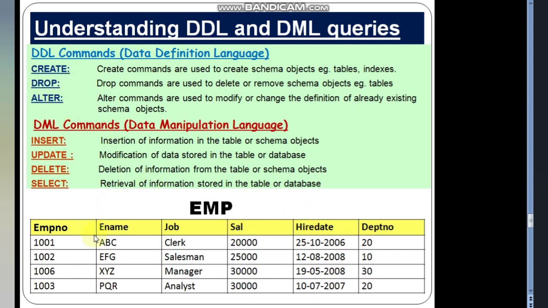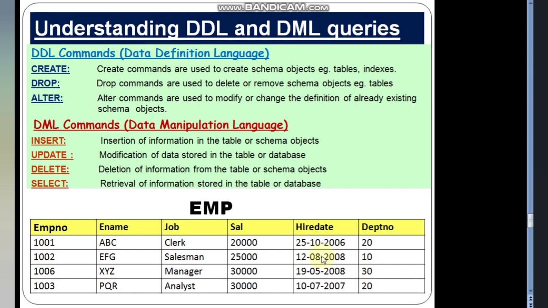And alter is, suppose we want to add another column. Let us take, we want to take date of birth, or maybe address, or maybe phone number, or city. Suppose we want to add another column, city. Now for this, you will have to change the table, you will have to add another new field.